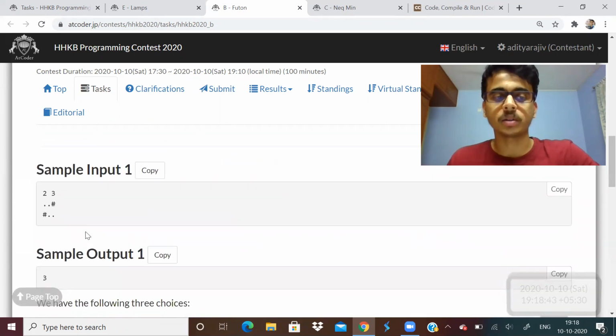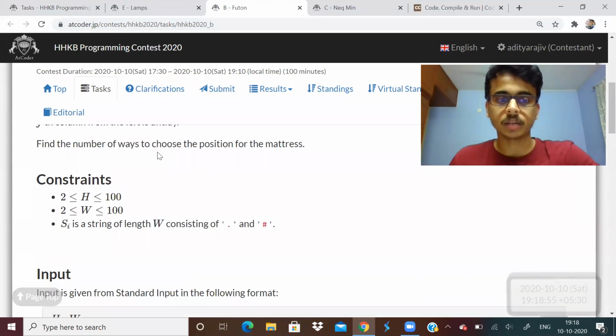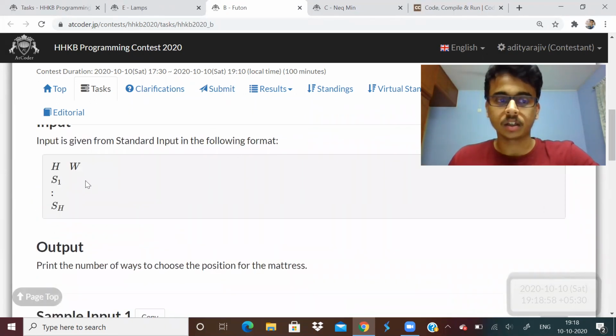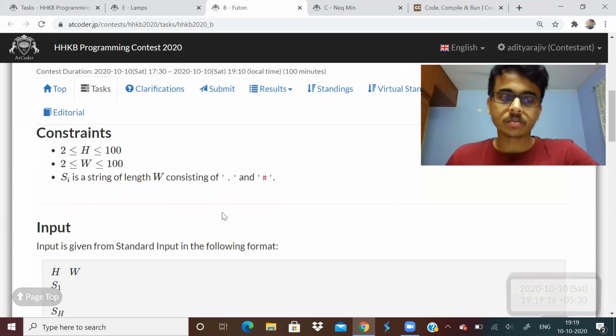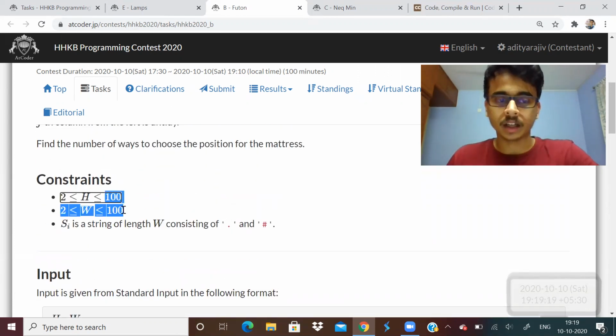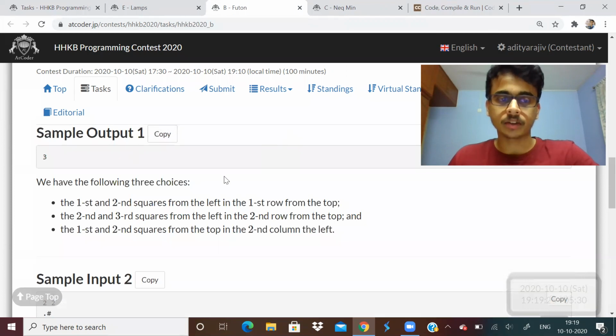This is also a brute force problem. Just count how many adjacent tidy squares there are. First, you do it row wise and then you do it column wise, because you can place it horizontally or vertically. So just check for adjacent tidy squares, that is, how many adjacent characters have the symbol dot. Do this row wise and column wise and then add the answers. So this also is brute force. You can do it because the maximum limit is 100 only. And problem B was that. I hope everyone can solve it.